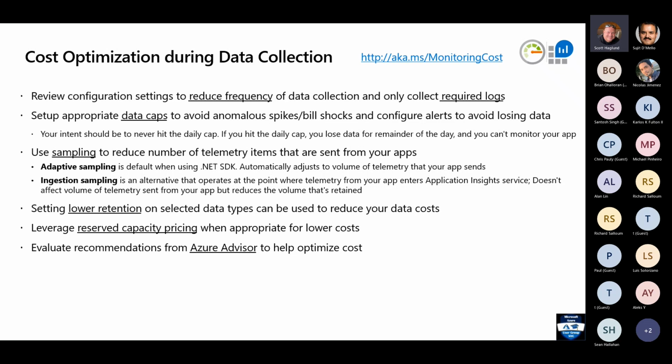As you start to introduce more and more applications into your monitoring strategy, set up appropriate data caps. You can set up caps in each one of those, so that way you don't run into bill shock or somebody's calling you in the office, the CFO, saying, why are we spending so much money on logging? I don't understand. You can use sampling to reduce the number of telemetry items that are actually sent from your apps. You can set lower retention on the selected data types, and that can be used to reduce your data costs. So extremely long retention cycles can also cause a billing shock. You don't need to keep application telemetry data for 2 years,